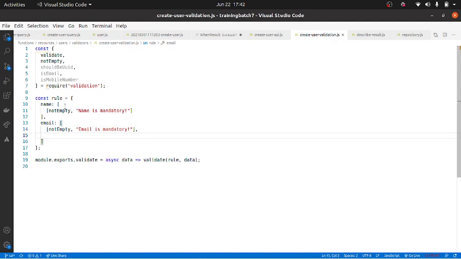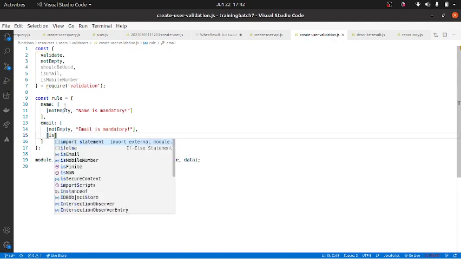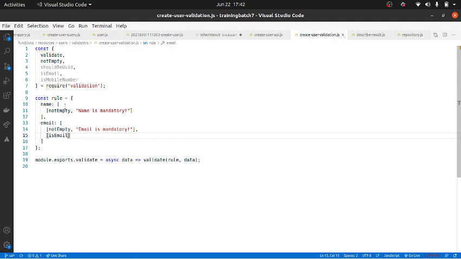It will not help if it is not a valid email. So I can add one more validation telling it needs to be an email. If it is not an email, the message is not a valid email.